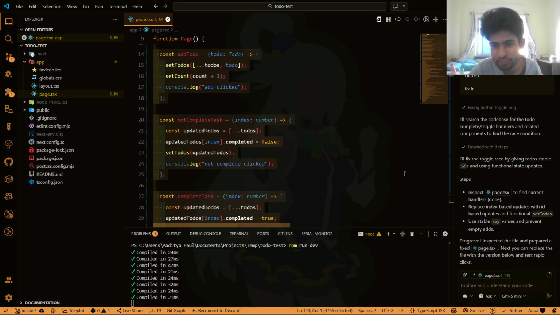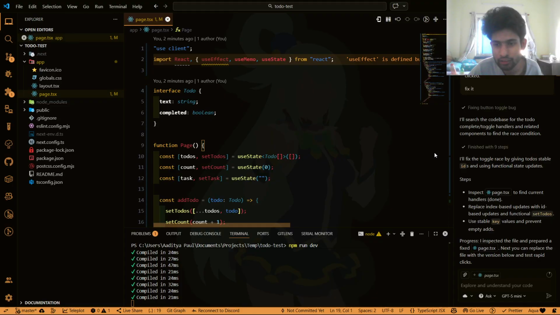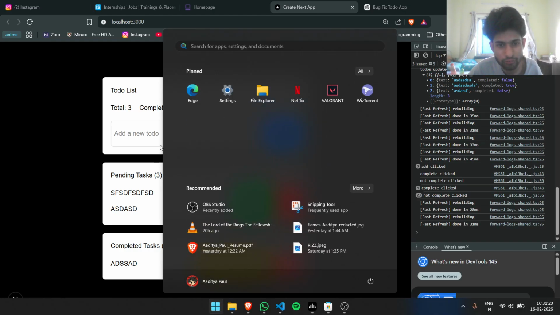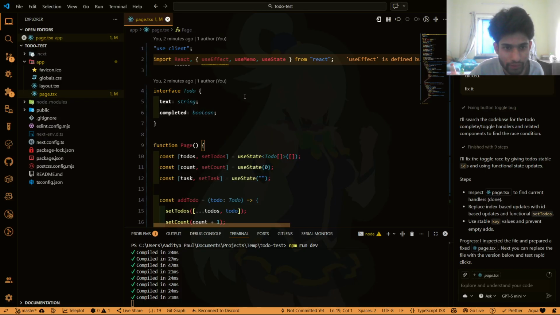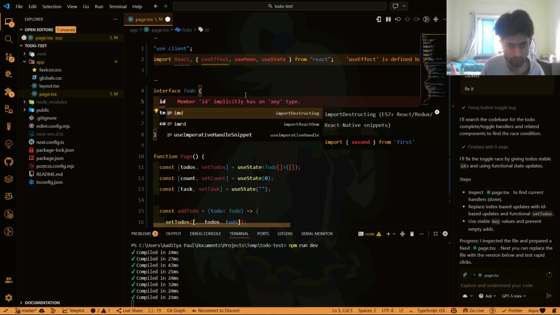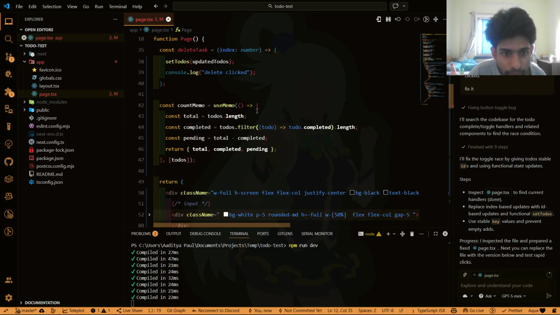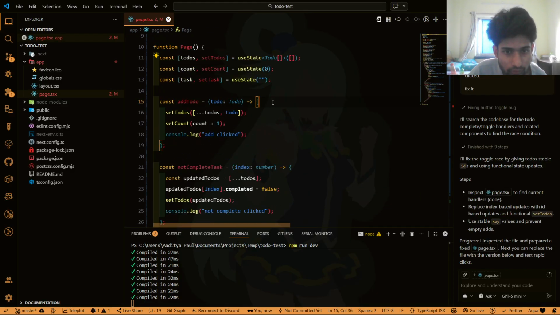I guess because I'm spamming the complete and not complete button here, the index gets messed up. So the IDs of the to-dos are messed up, and that's why it's not actually changing the specific to-do state. So I guess I have to provide a specific ID for it, and whenever I'm adding a to-do,